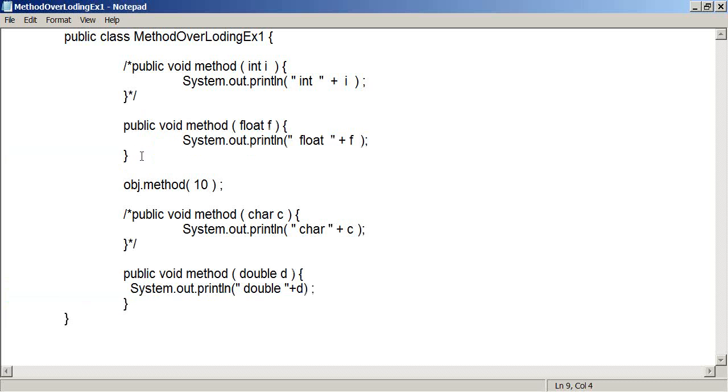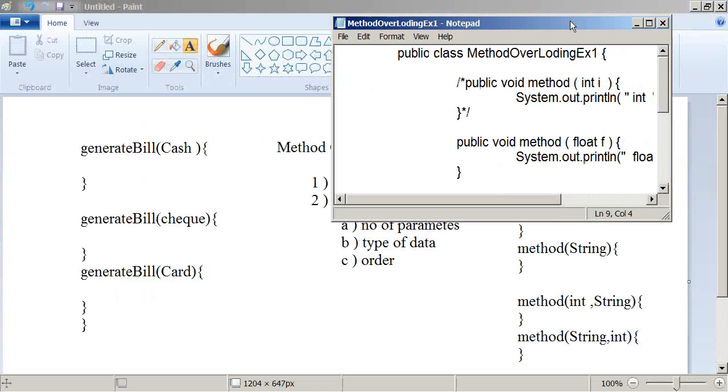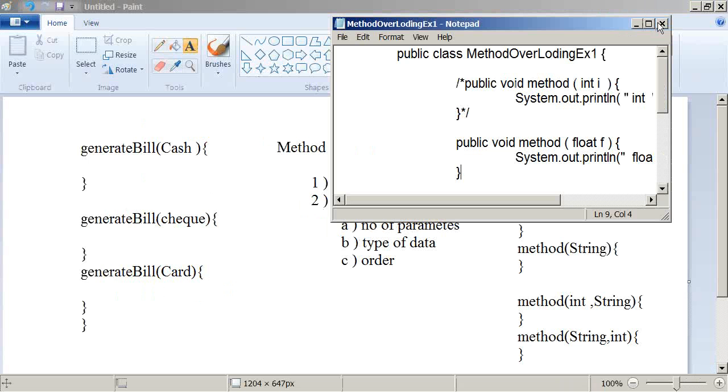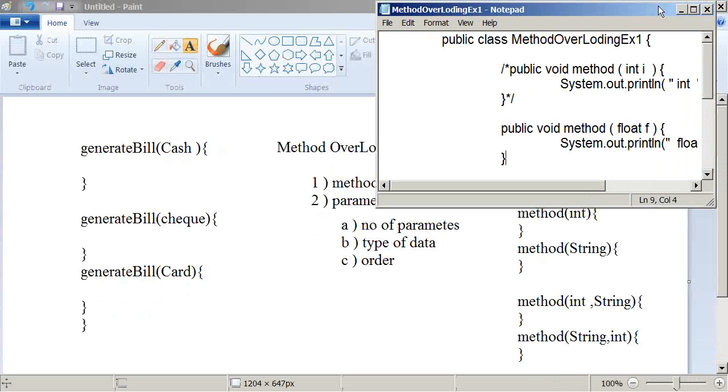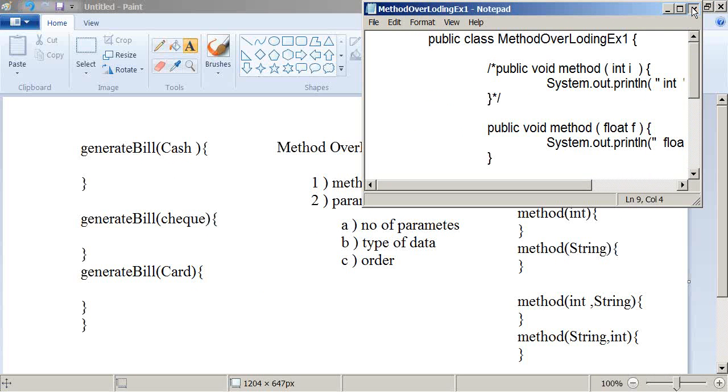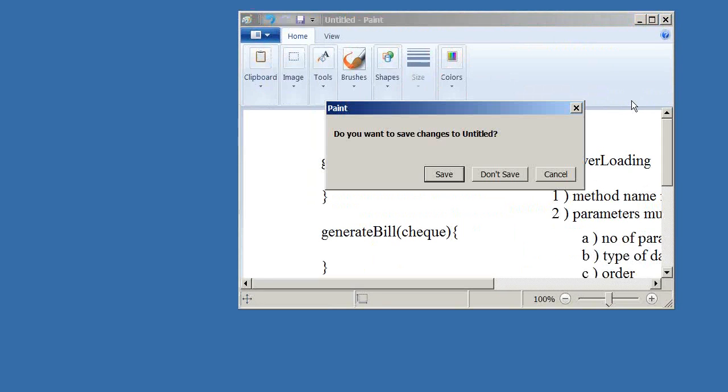That is the reason why, when I discussed these data types, I gave you a chart: byte, short, int, long, float, double, like this. The chart is important. That is also one important point. So this is one polymorphic concept. Tomorrow we'll start with a new concept called inheritance. So if you have any